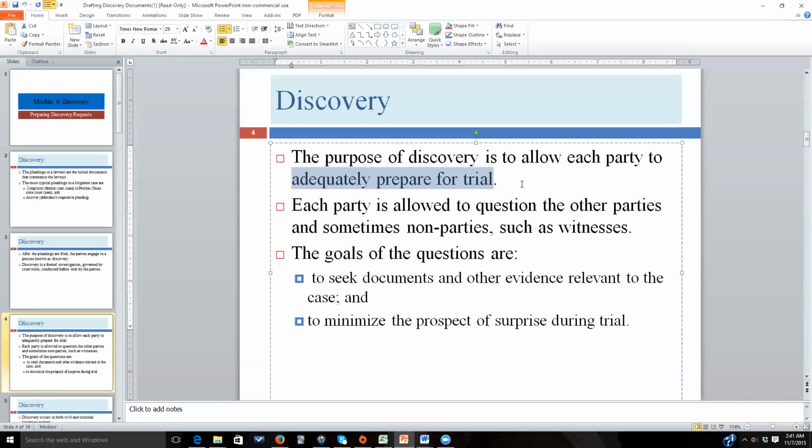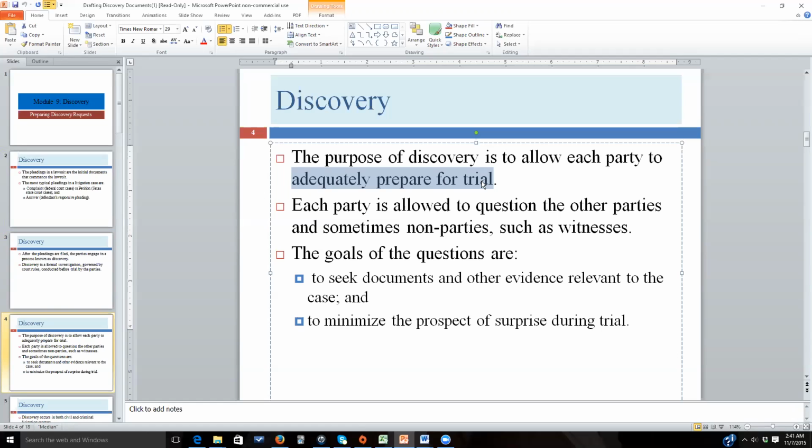And while certainly the quality of legal representation is really important to the results that you're likely to get, our system wants it to be primarily about finding the truth. And so if there's hide the ball kind of mentality going on, it can make it difficult for the jury to get the information that it needs. And sometimes information that would have been important never gets revealed if you don't have a system of sharing information. So yes, adequately preparing at trial is an important concept, but also the desire to avoid surprise at trial